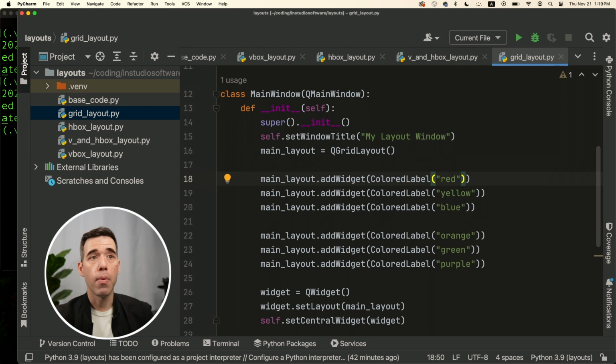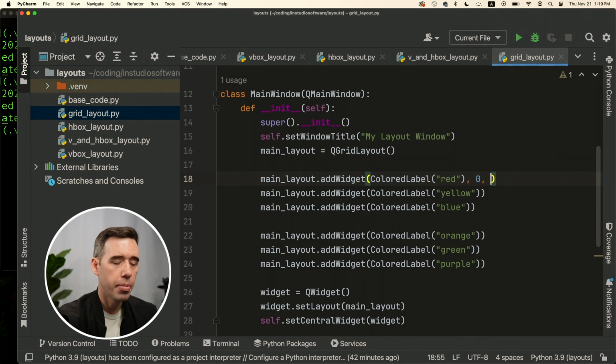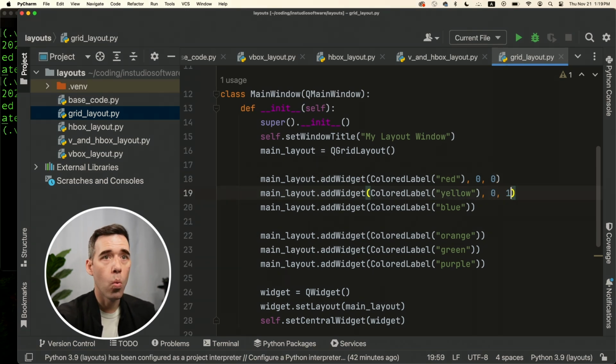So for the red widget, we want it to be in the 0, 0 position. So row 0, column 0, which is going to be the far left top widget. And then for yellow, we want it to be 0, 1, because we want it to be in row 0, which is the top row, and then column 1. We can follow this pattern for blue, so it's going to be 0, 2. And then going to the second row, it's going to be 1, 0 for orange, 1, 1 for green, and